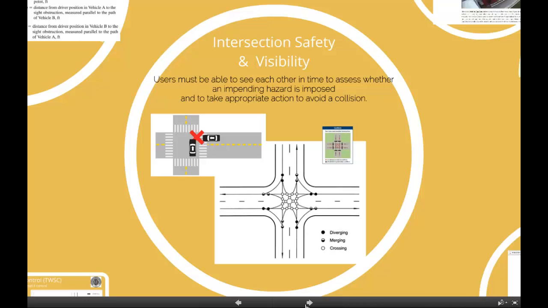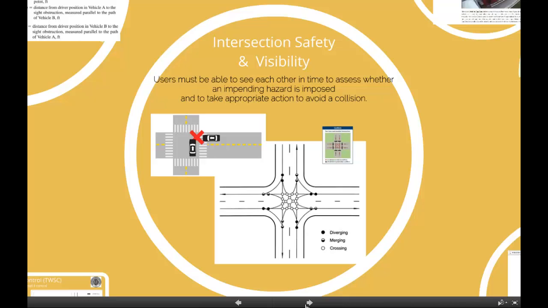Users must be able to see each other in time to assess whether an impending hazard is imposed, and with time to stop or yield as necessary to avoid collision. Where it is not reasonable for users to perceive and avoid conflict, traffic controls are installed to restrict and assist. The controls are selected and placed to manage the various movements in a manner that promotes safe and efficient travel